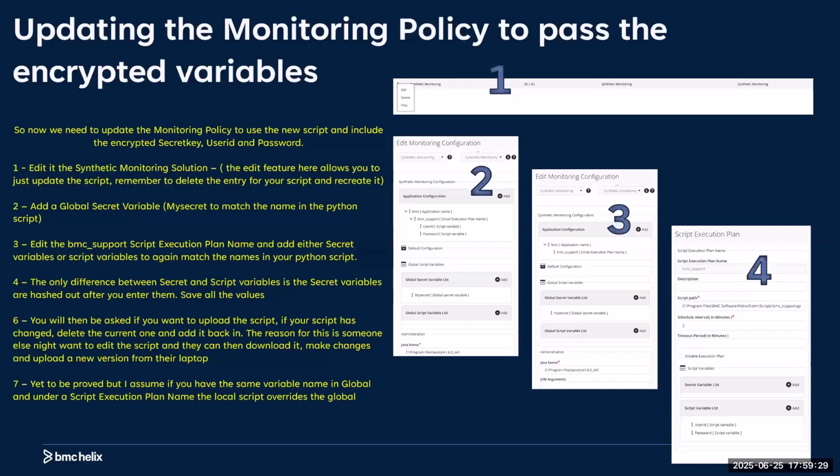But it's a really cool way of actually using that data, and you could actually do a variable when you've got the script running. It can start looking at different OS information on the target device and use that information as well. So it doesn't have to be passed from BMC. I can actually use Playwright to interrogate the target server and get additional information. So don't think of it as just passing variables in from the monitoring policy. The script can actually be used to read system variables as well. So you could pass that as a variable in the script. Anyway,